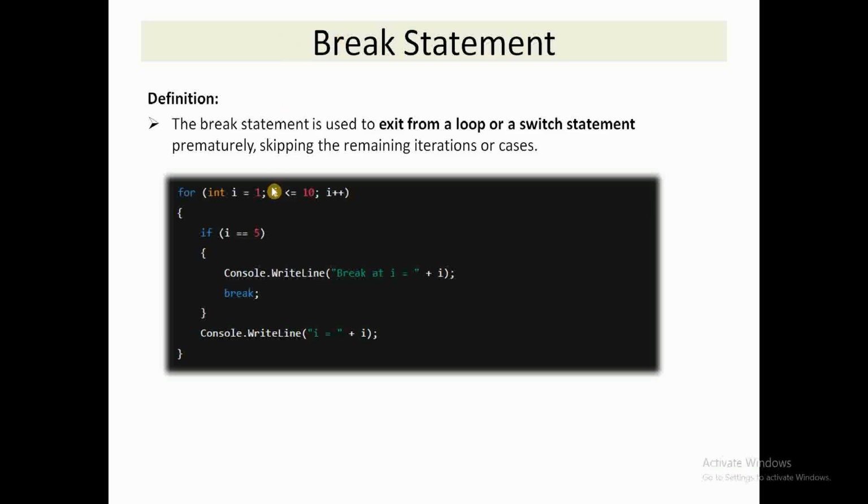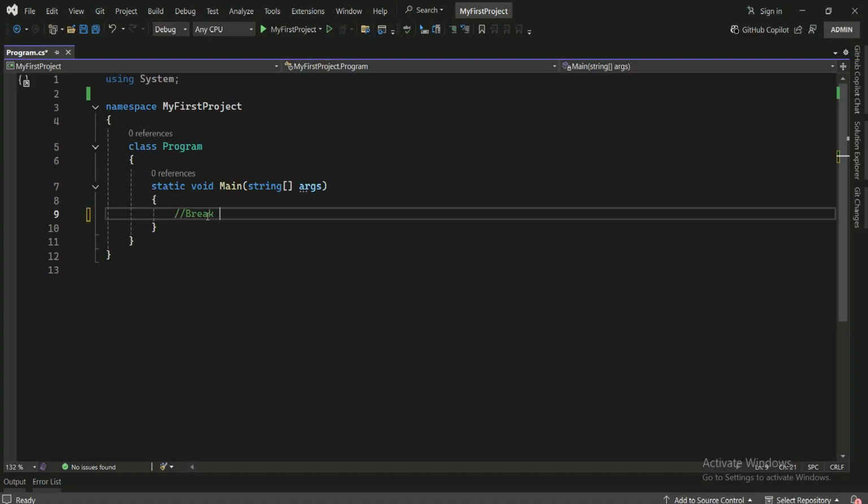So here we have a first example, where we are using a for loop for the break statement. Here we are applying the condition from 1 to 10, and we apply an if condition with this, and if the value is equal to 5, then it will automatically exit the loop as it is breaking the loop. So let's see its example in Visual Studio. Let's see break statement